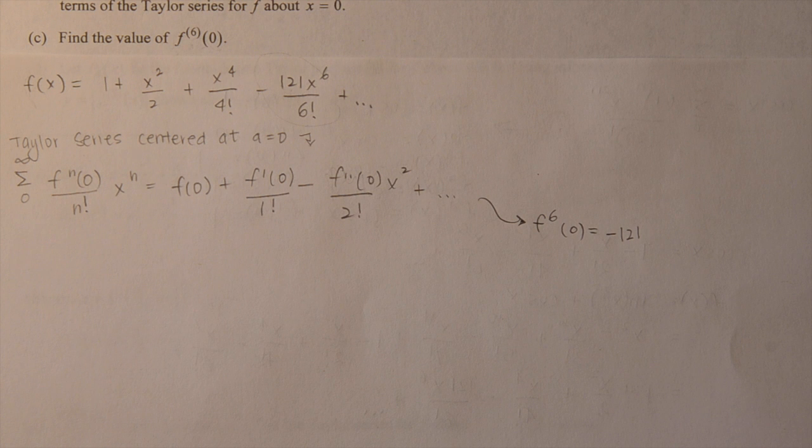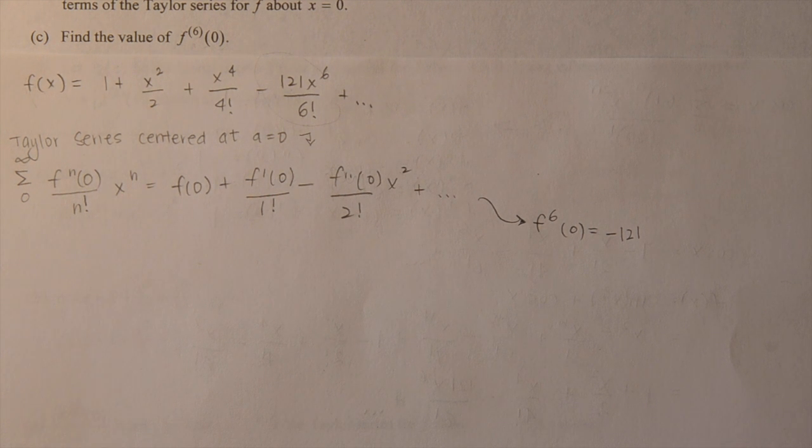Essentially, they're asking for the coefficient of x to the power 6 in the Taylor series for f about x equals 0. Sometimes students may wonder where the bottom number comes in. If the polynomial has the same number in the exponent